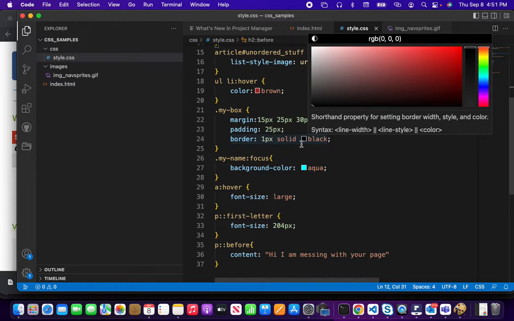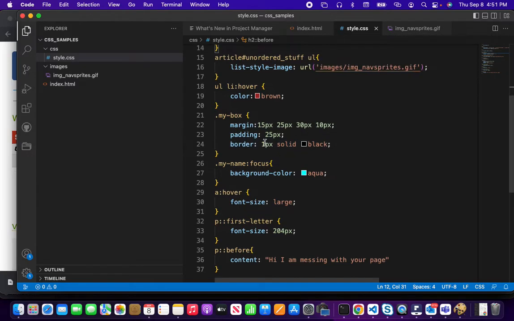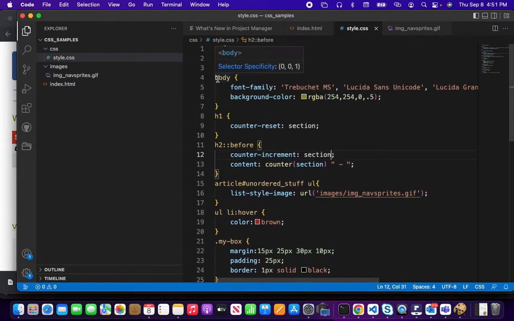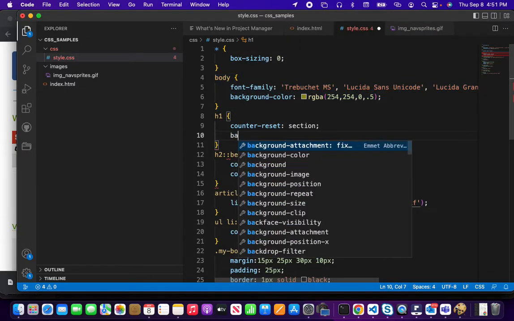So when you think about strong specificity, up here, this is very loose. This is saying everything is going to have this style. It's not very specific. So I can actually come down here in my H1 and set a background